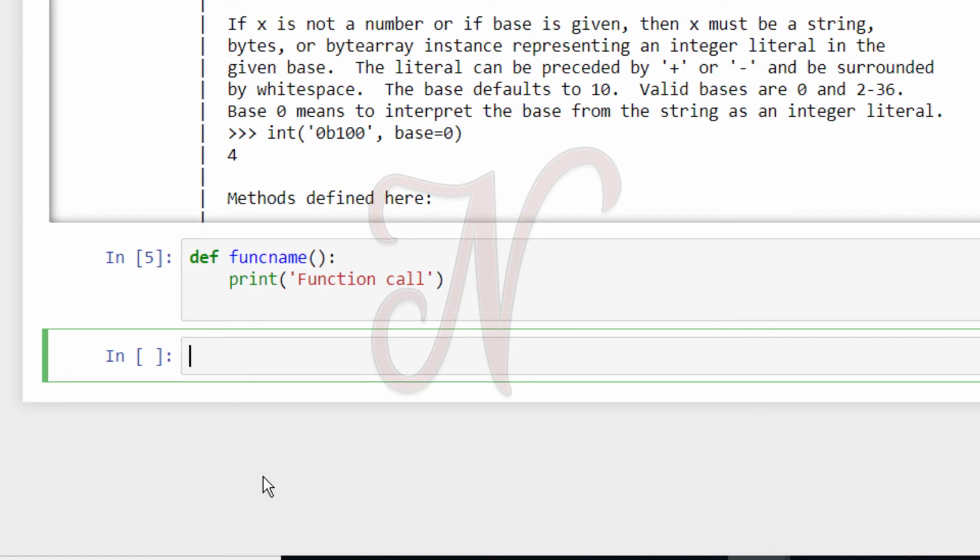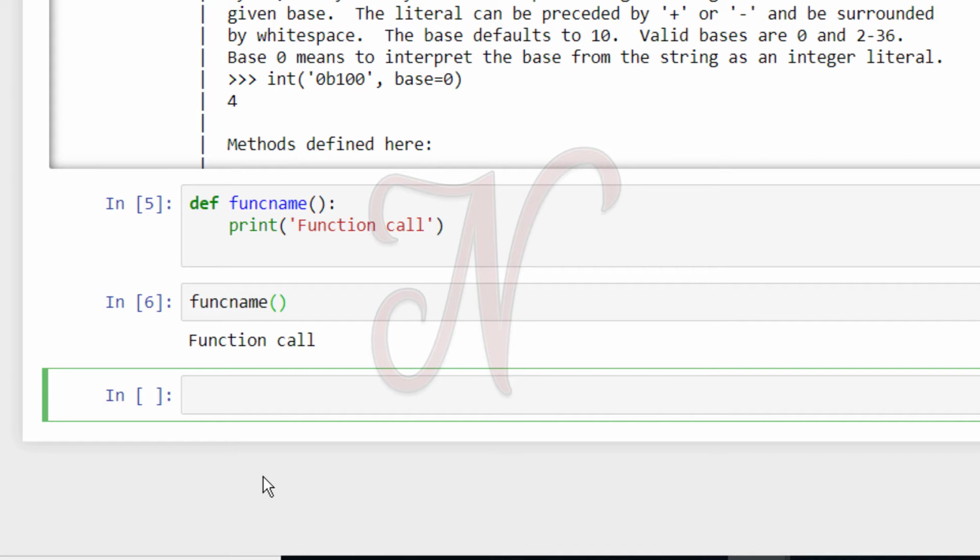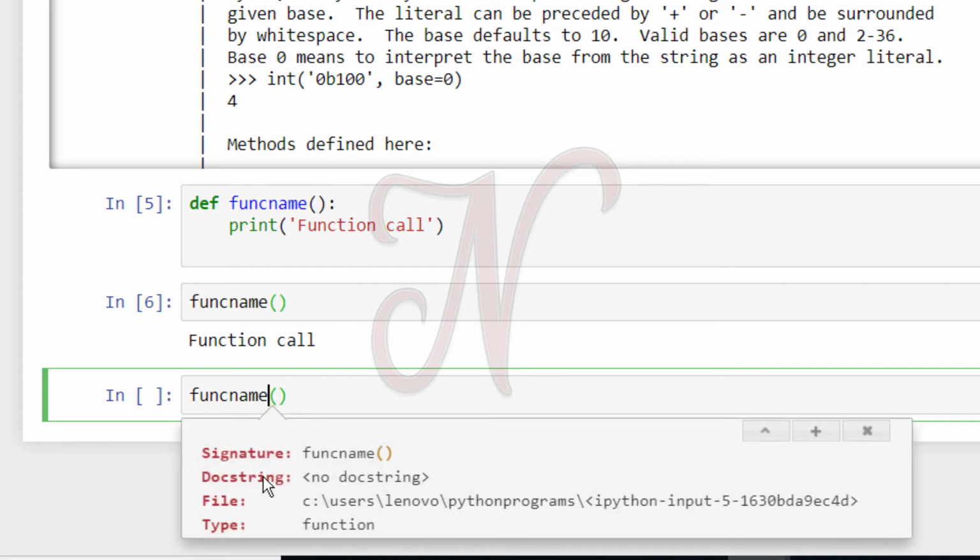Now we call this function: func name, opening and closing bracket. See here, this is my function output. So this is my user defined function. Okay, but if you press the shift tab button on func name, see here, signature func name, document string,